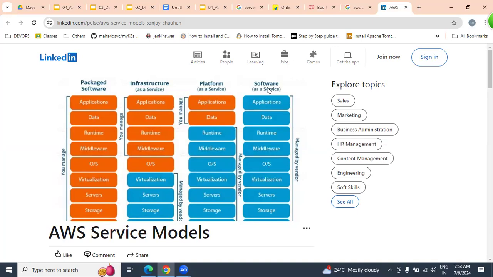For example, let's say software as a service. Everything is the responsibility of the cloud. Don't worry about anything yourself. Just go to the cloud, select the option, click a button, get the service and use it. Internally, what is the operating system, what is the database, what is the application, and what is the hardware, we don't worry about it. Get it, use the service and pay for it. That's it. Example, Office 365, SAP kind of application, Jenkins kind of application. Get it directly and we can use it. Everything is the responsibility of the cloud. That is exactly software as a service: get a software, use it and pay for it.